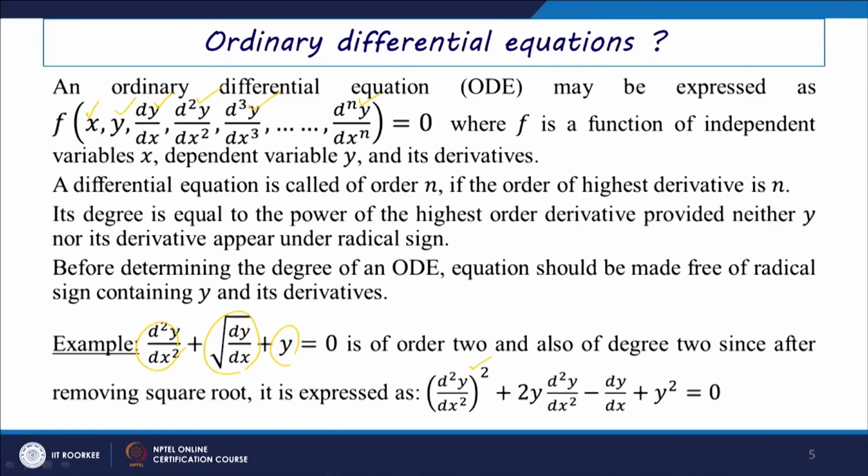Then we can express it as (d²y/dx²)² plus 2y d²y/dx² minus dy/dx plus y² equals 0 here. So, once it is radical free, we can see that the highest order term is d²y/dx², and its degree we can consider as 2, which is the degree of this differential equation here. So, once the order and degree are known to us,